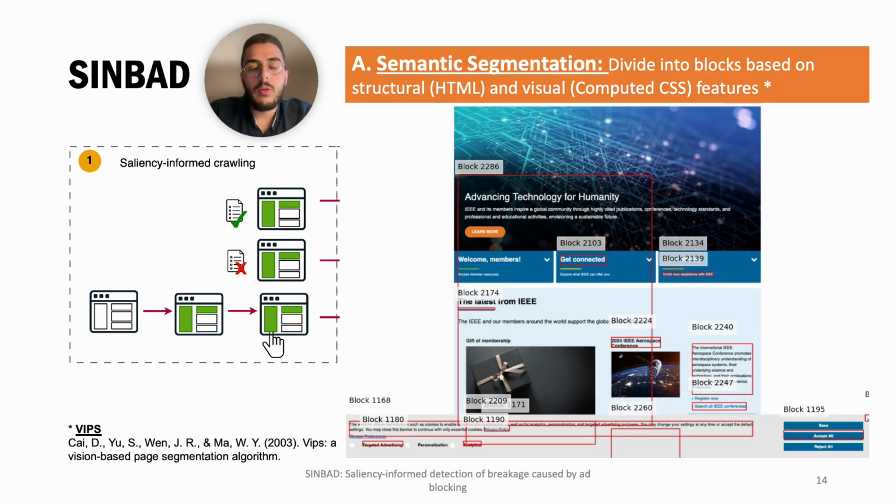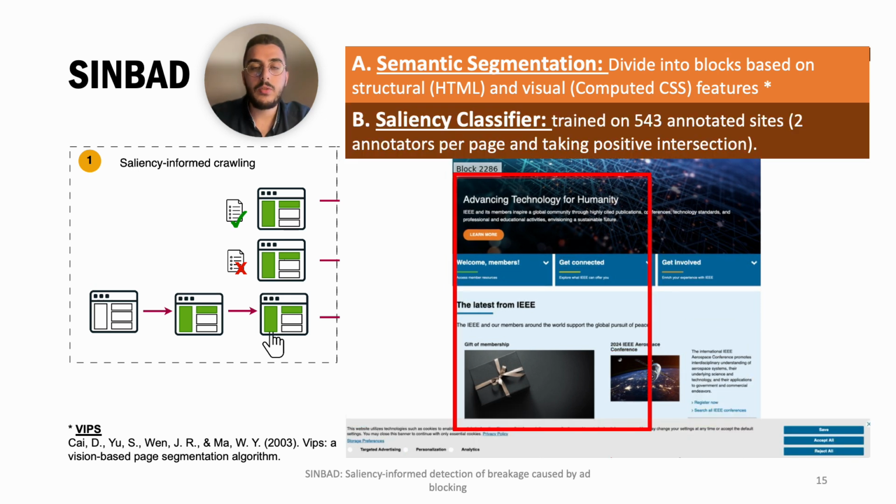For crawling, we crawl the page 3 times, once with the fixed filter list, once with the broken filter list, and once with no filter list for reference. For each crawl, we start by semantically segmenting the page, which divides it effectively into blocks that are meaningful, like login forms, for example. Next, we classify each block into either a salient block or a non-salient block using an